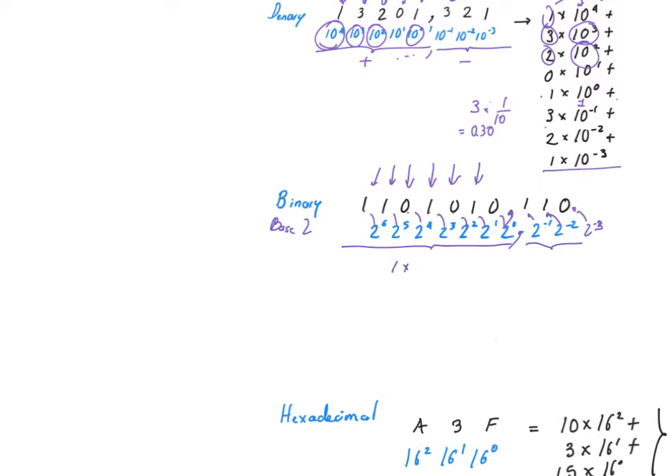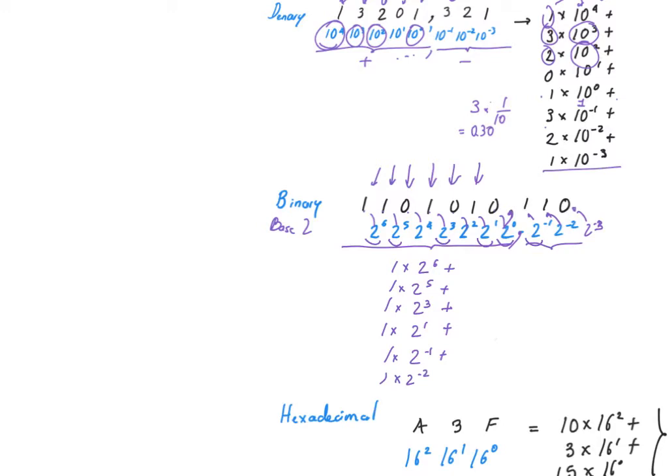1 times 2 to the power of 6 plus 1 times 2 to the power of 5 plus 1 times 2 to the power of 3, right? Because that's where the 1 is. I'm not going to add the ones that have a 0. And this is 1 times 2 to the power of 1, right? And then we skip this one. And then we move into this one. So it's 1 times 2 to the power of minus 1 and 1 times 2 to the power of minus